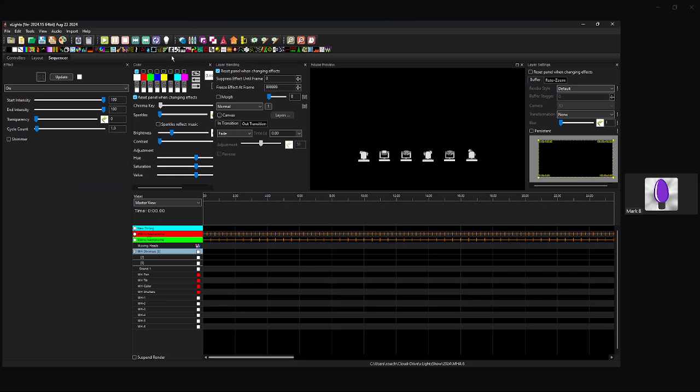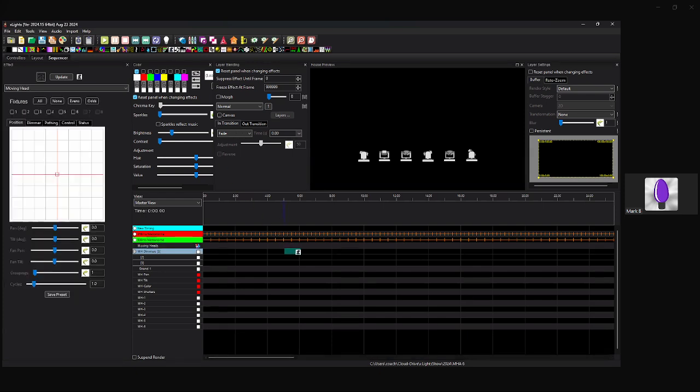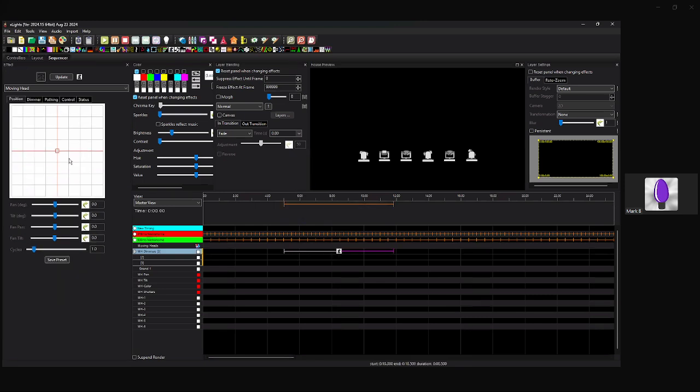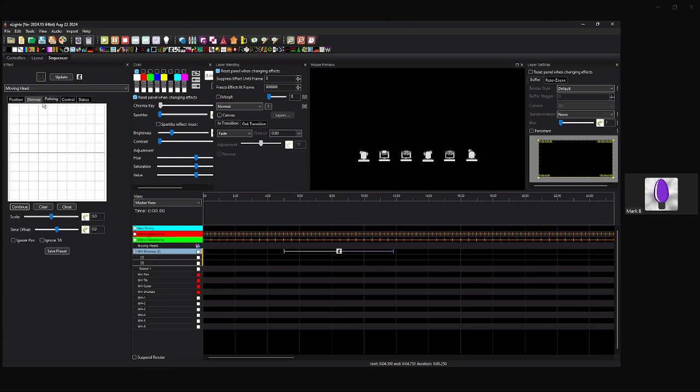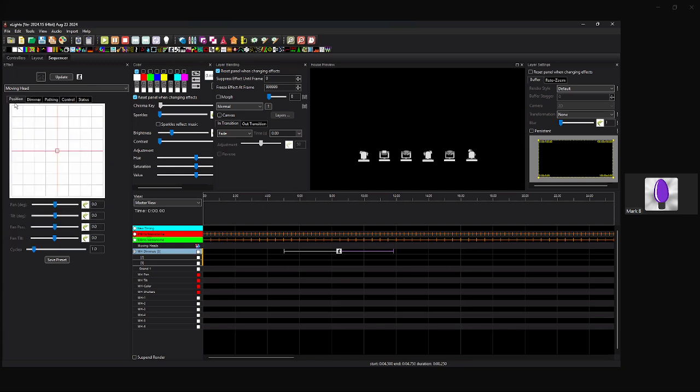All right, I'm just going to drop the moving head effect on here so we can see this dialog box. So this is the new moving head advance effect. It's right there, looks like a little moving head. It pulls up this dialog box. The main two tabs that I tend to use in here are the position tab, and a little bit of the pathing tab. We'll talk about some of these other ones, but we're going to spend most of our time in the position